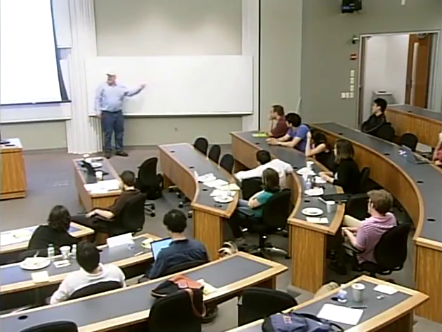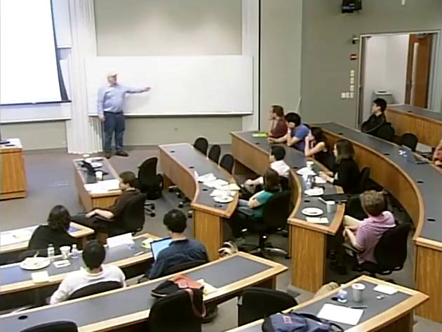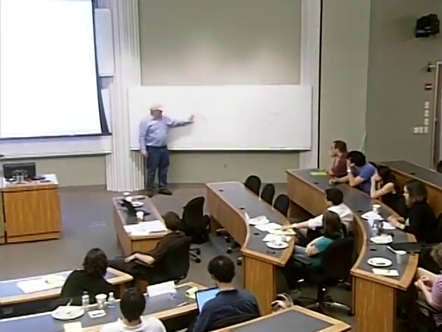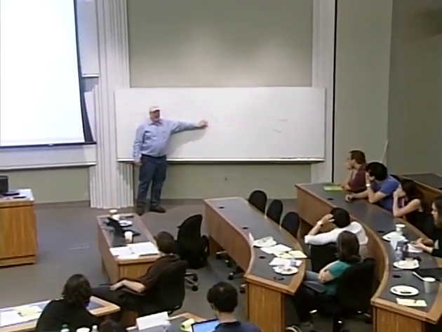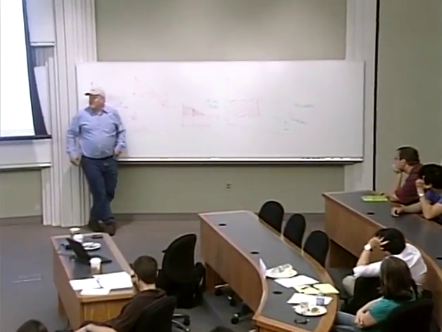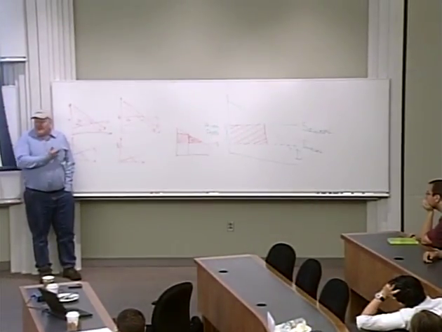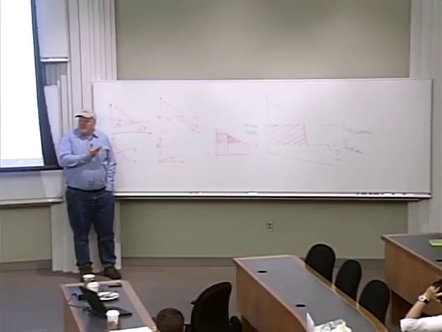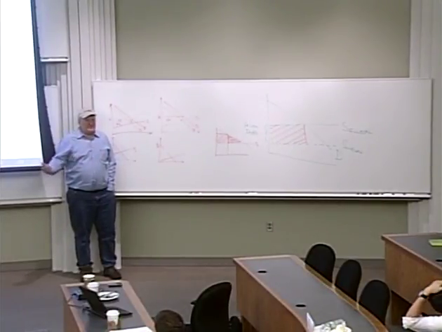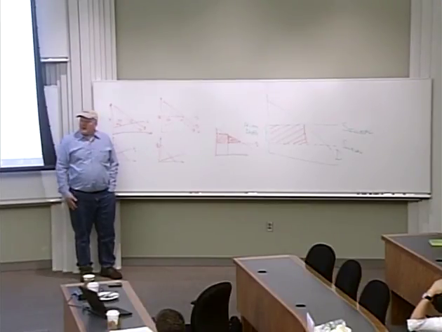So if you knew how elastic people's activities were, you could blow up this rectangle. Once you know how big this rectangle is and you know the elasticity, you know how big the triangle is, and you can say there's some discouragement effect. That comes up with drunk drivers and stuff like that. But that's an easy way to think about the part you're missing, because you're only measuring the people who actually incur the cost as opposed to those who avoid the cost. It's really just a matter of adding that triangle back.